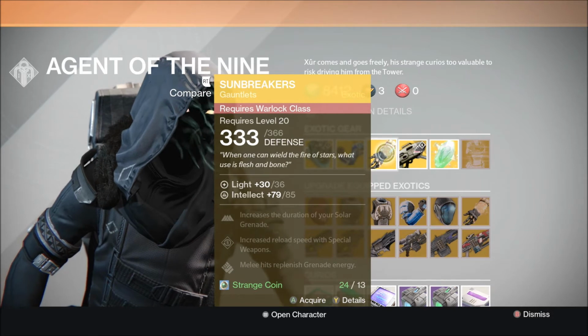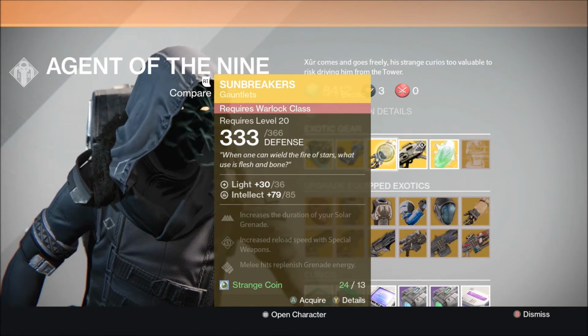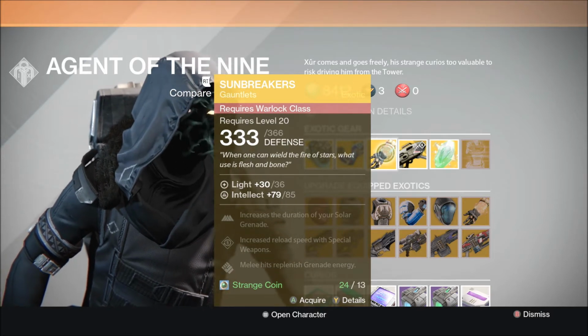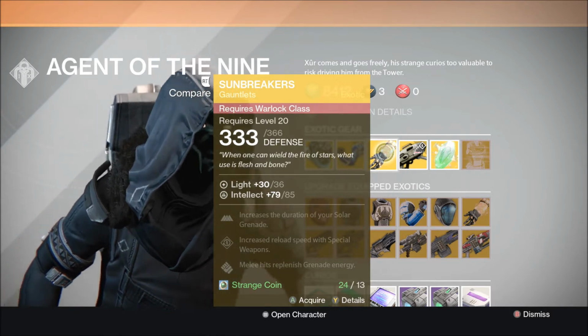As for the Warlock item, we have the Sunbreakers. Now, the Sunbreakers, these things got a bit of an infamous reputation when the game first came out, because this seemed to be all he sold. So, yeah, decent item. I mean, if you haven't got them already, I recommend trying them out if you like